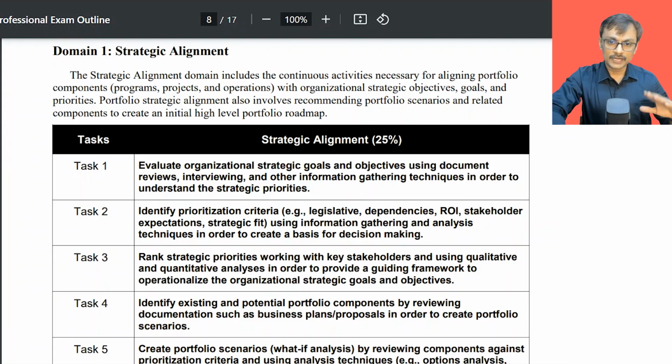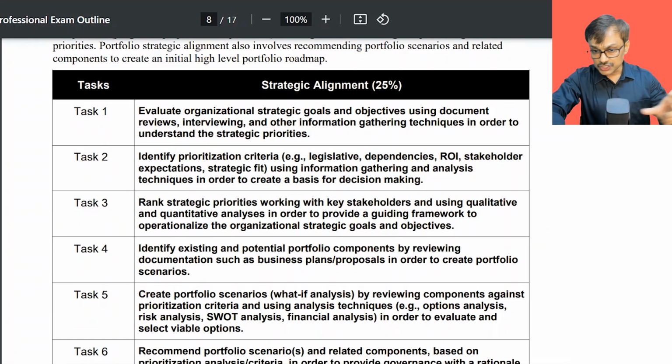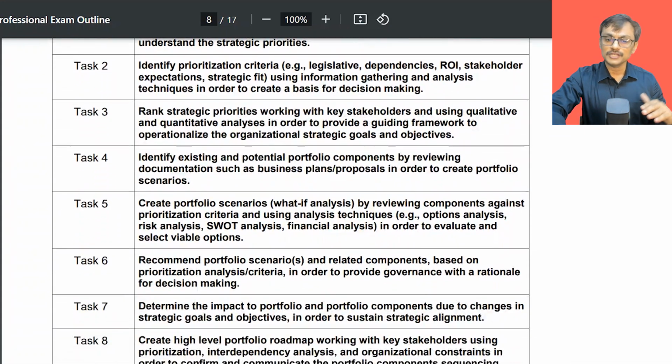You make sure that when we are ranking the priorities, we consider appropriate agreement among the stakeholders, and we have an objective way of evaluating how we should prioritize things. It is all about making sure that you may have existing work going on and you are thinking about new components. You create a portfolio which advances the organization strategy. You, as a portfolio manager, review various possible scenarios, and you recommend things which align with and advance organization strategy,